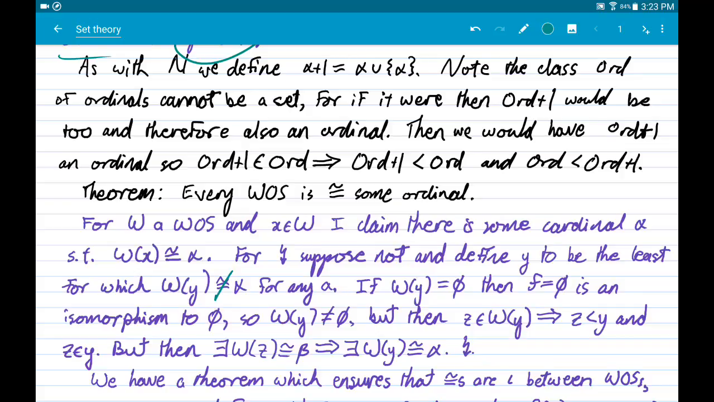Okay, moving on with the rest of the chapter. As with the natural numbers, on ordinals we also define the +1 operation to be the ordinal union the set of itself. Notice that if we take the class of all ordinals, this cannot be a set, it must be